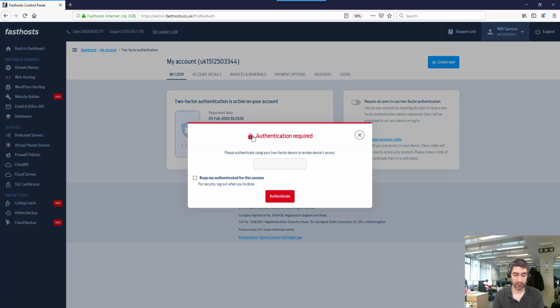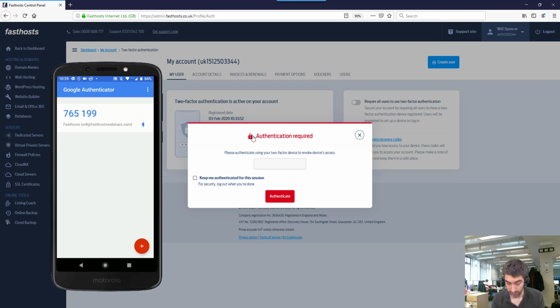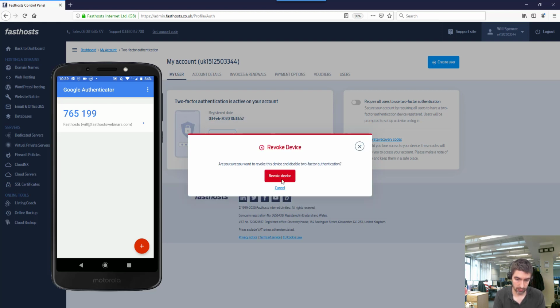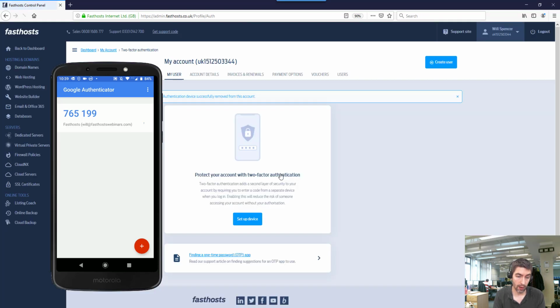Now, what it's going to ask is for me to enter an authentication code. So if we go into the app, and we just grab the code from the Google Authenticator there, although you might be using a different authenticator. We'll keep me authenticated for this session so it doesn't log me out. And yes, I do want to revoke the device. Okay, so I now don't have any two-factor authentication for this account,